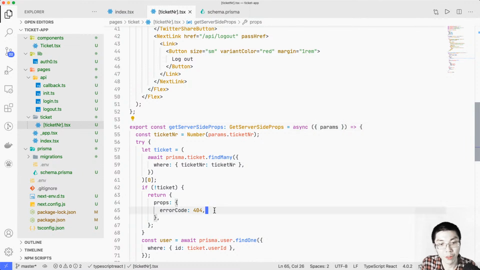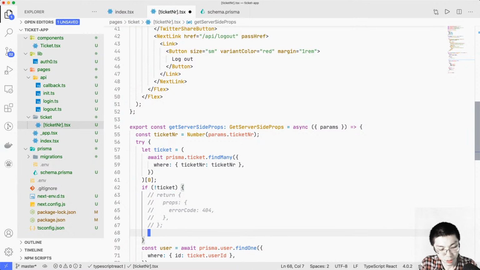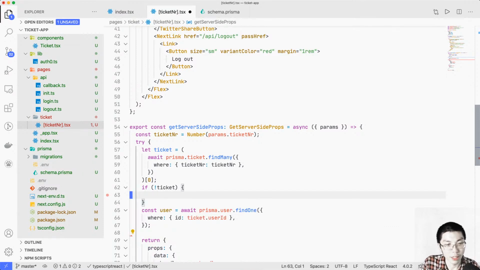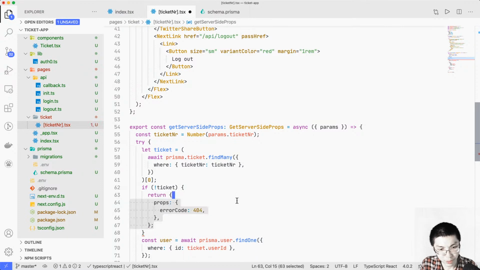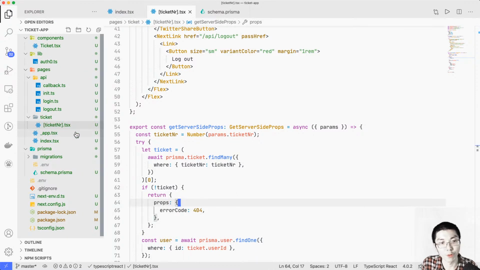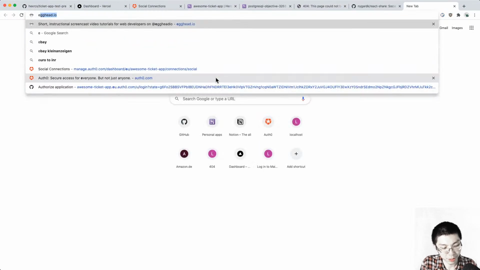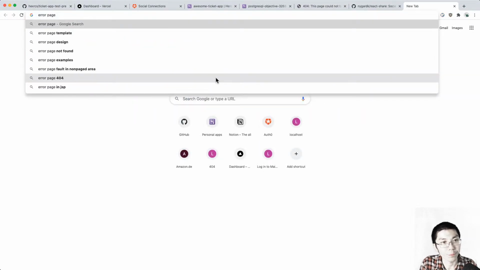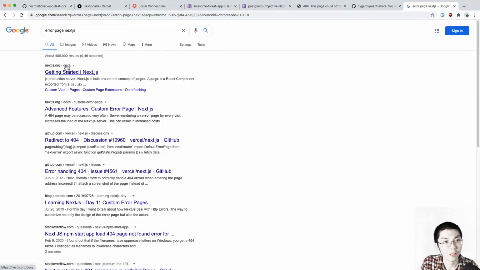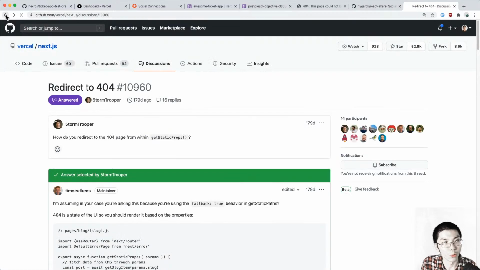So when an error occurs, you can do something like response.writeHead, then 404, then redirect to something. Or Next.js also has custom error pages. Let me recover this. Redirect, yeah. So this